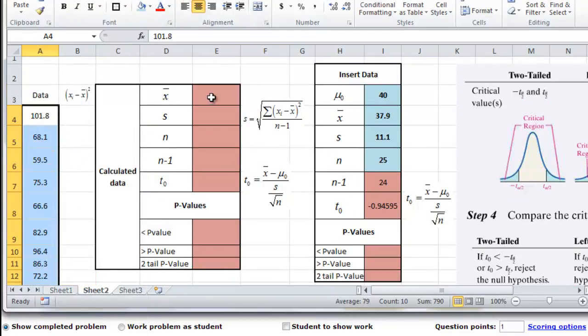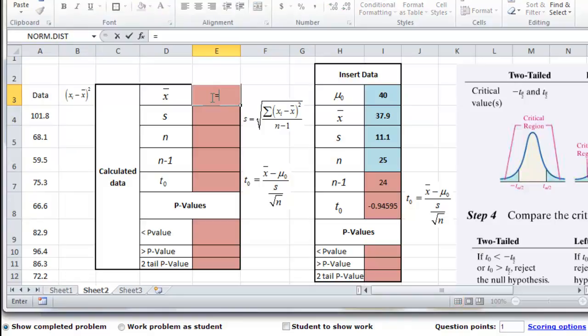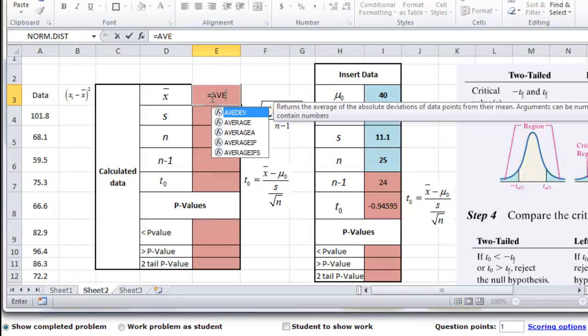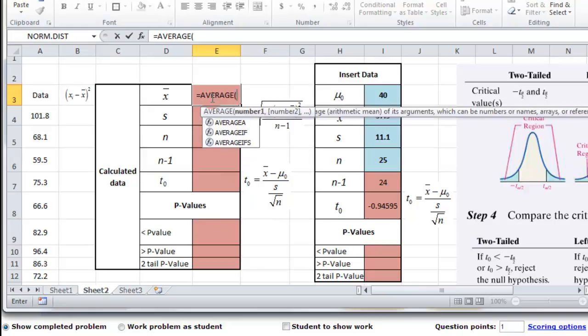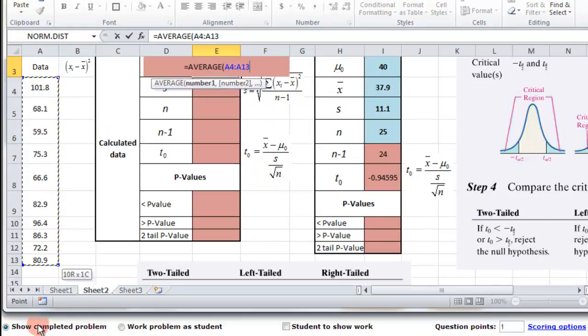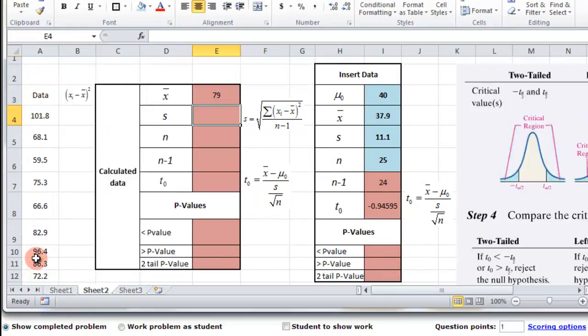Okay, now we're going to start filling these out. The x bar is just the average, so average of these values. Enter. Standard deviation. Well, that's going to be all this right here. So we can't quite compute it yet. We need to find the deviation